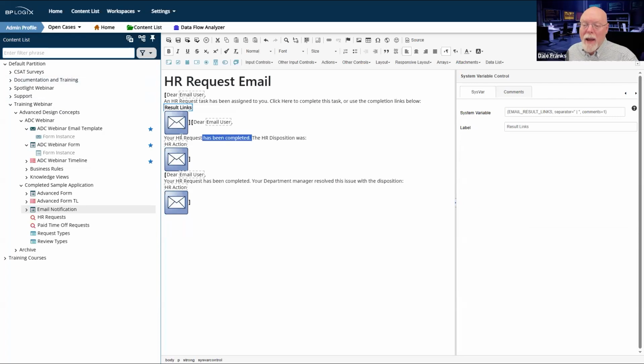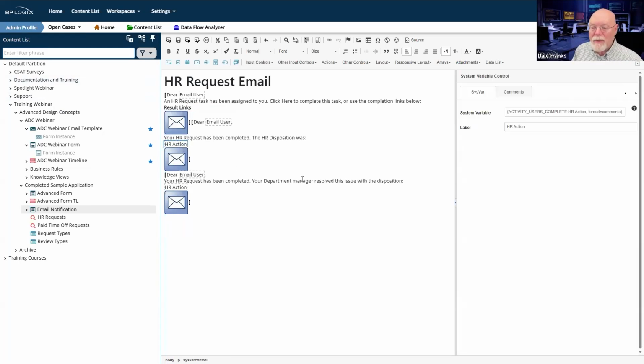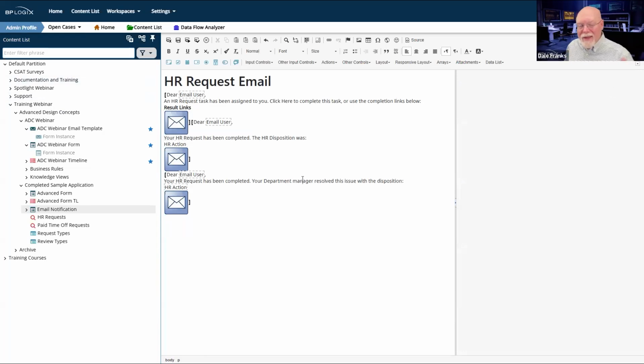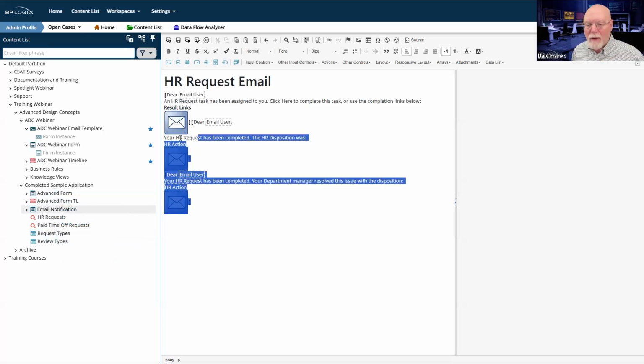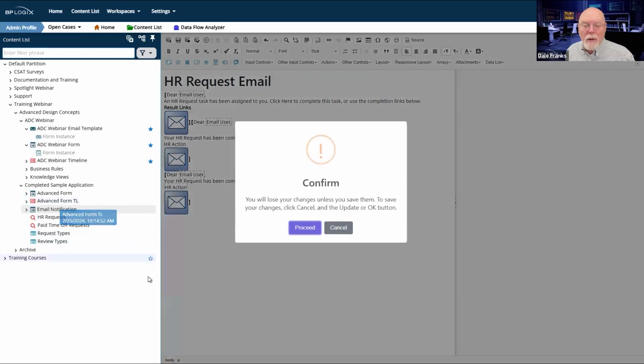Then I've got my final disposition. So my HR request has been completed. And so I get a disposition from the HR action, but this one is a little tricky. So let's go back and look at our process timeline, see if we can parse out what these final disposition notifications are doing. So in this particular timeline,